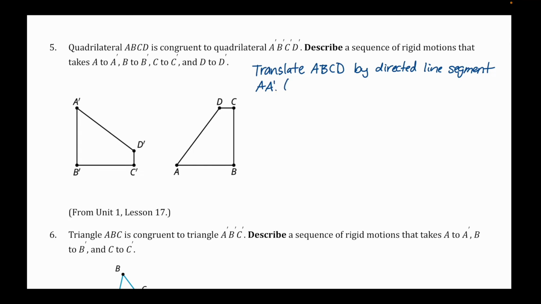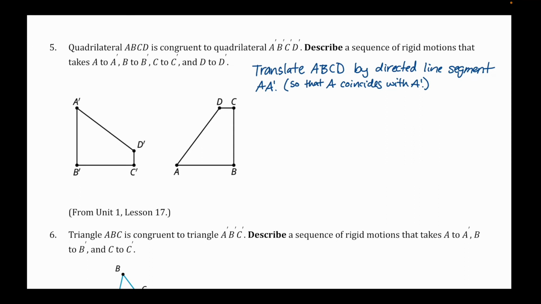The other way to say that is so that A coincides with A prime. So that's your alternate. Either way, both of those result in A and A prime being in the same spot, and that's what coincide means. So now we just need to do some rotating because both of these,